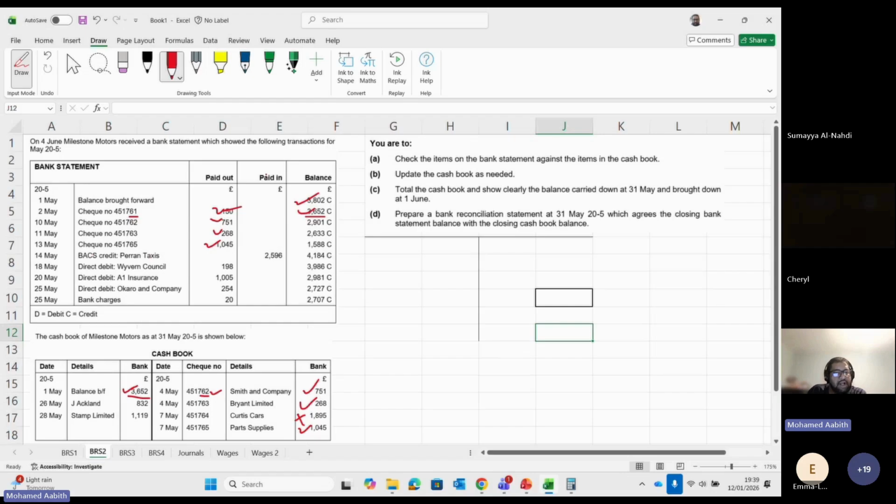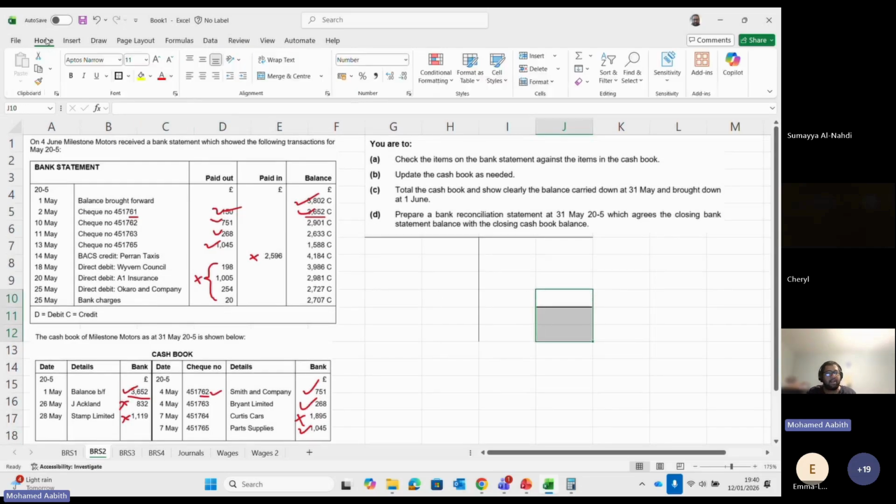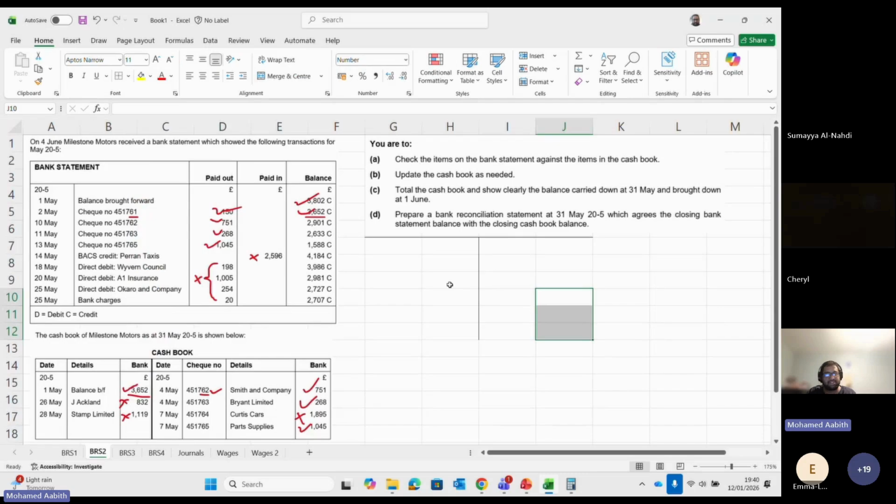And now we look at the debit side. None of them are matching. Can you see that these numbers do not exist there, and that number also does not exist there? So these all have to be reconciled properly. Also see here, all of these direct debits and the bank charges are missing. So I'm going to make sure I update my cash book with that information. Let me quickly go back in there and get rid of all the borders,